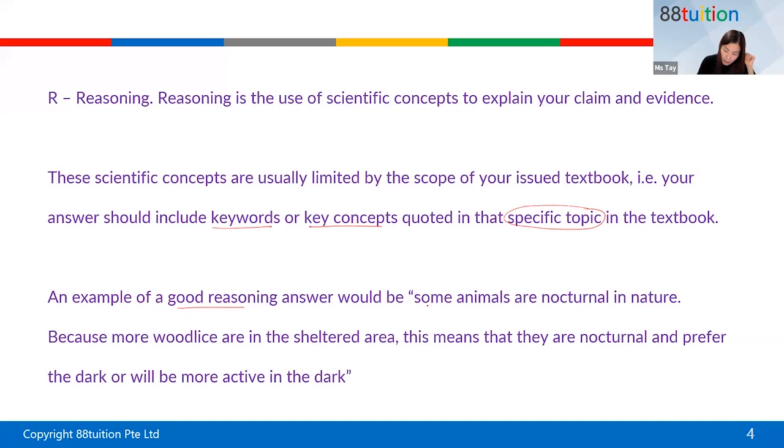So an example of good reasoning would be: some animals are nocturnal in nature, because more wood lice are in the sheltered area. The reasoning here is because more wood lice are found in the sheltered area, as we saw in the data, in the evidence. This means they prefer the dark. If you don't know the word nocturnal, it's fine, you can already support it by saying that they prefer the dark and they are more active